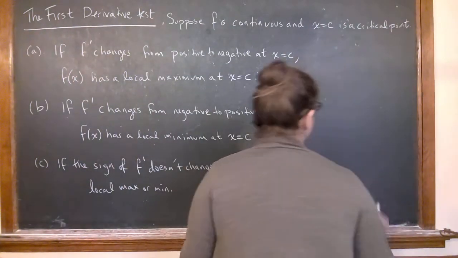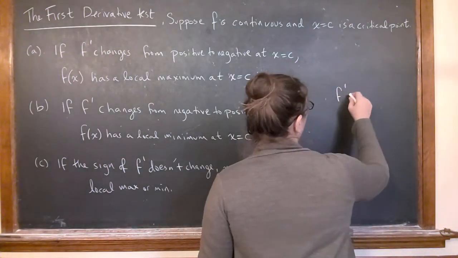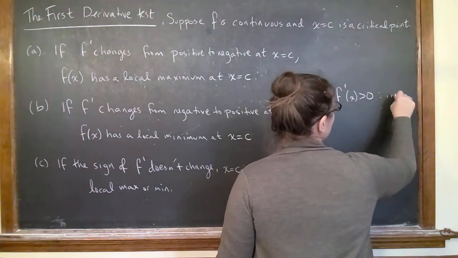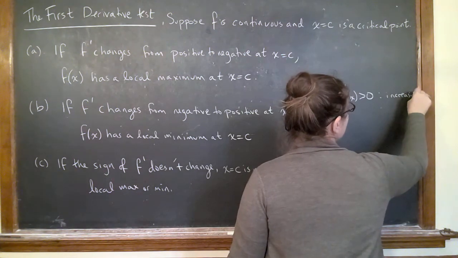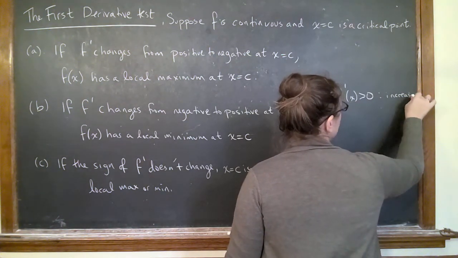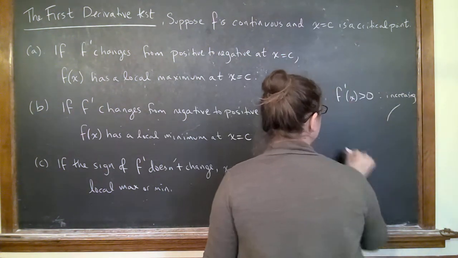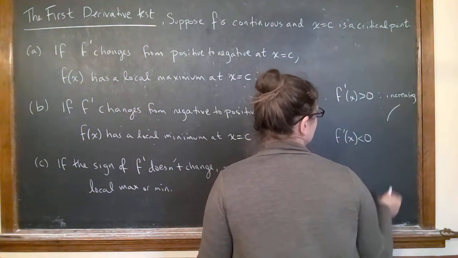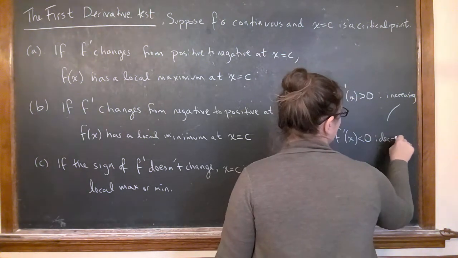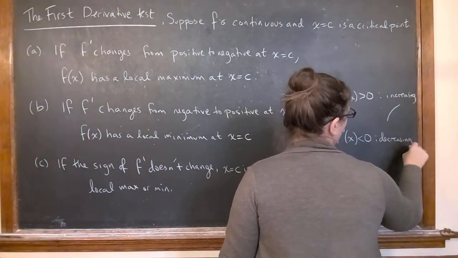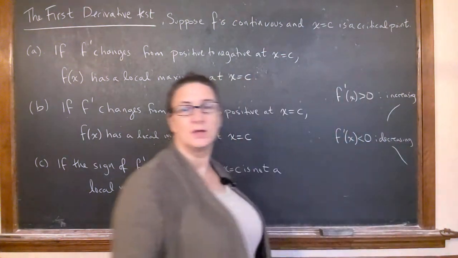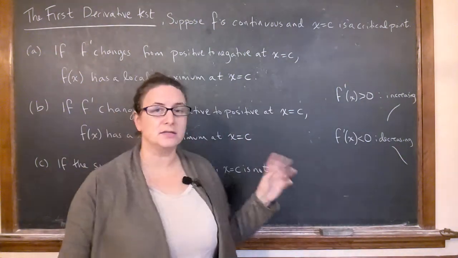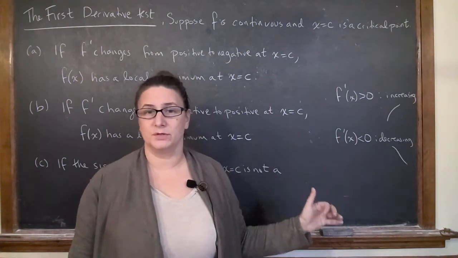So remember that when the first derivative is positive, your graph is increasing, right? So it's basically going up, right? And when the first derivative is negative, our graph is decreasing, or it's going down. Fine. So what this first derivative test tells us is, all right, let's now look at our first derivative, find